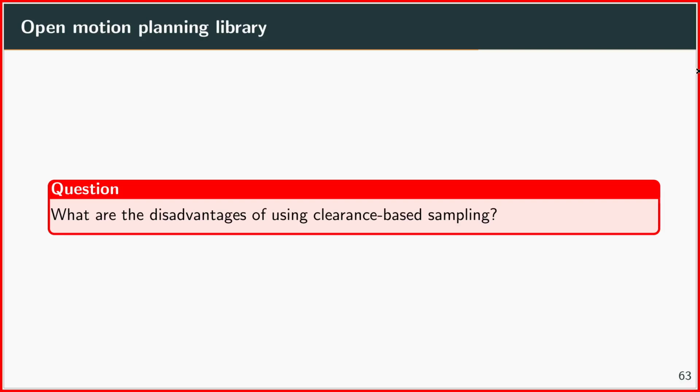Yes. I mean, it doesn't give you any guarantee how close you are to an obstacle. So you might actually end up with samples very near an obstacle. What do you mean? I mean, if I sample maybe inside a narrow passage, and maybe I want to avoid that,